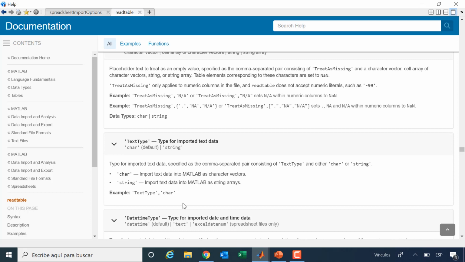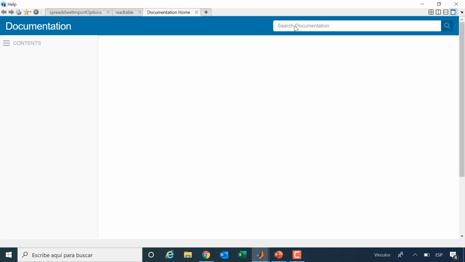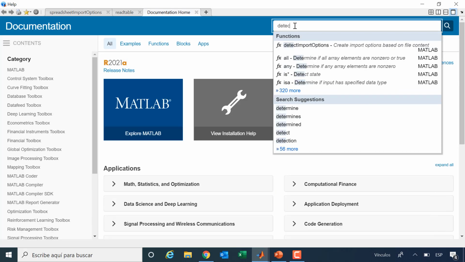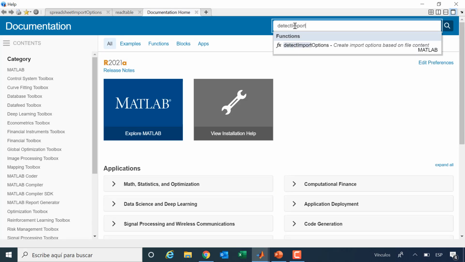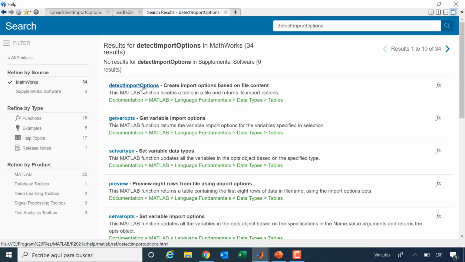So this would be one way, or a different way is to use what we call detect import options, which is a different way of providing options for reading. Here it is.